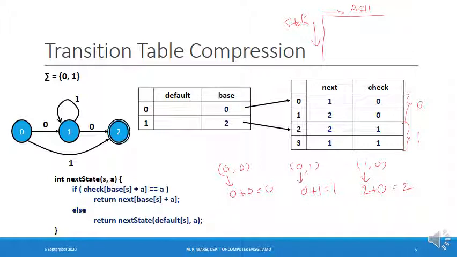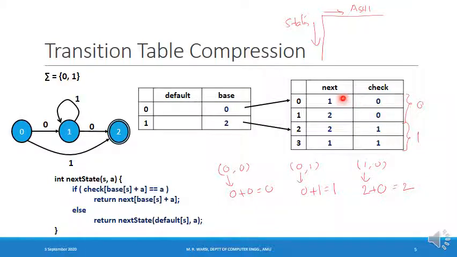So the purpose of the base array is to store the base location for the block which is assigned to a state, and the purpose of the next array is to store the next state for the transition. Let's now understand the purpose of the check array. This determines whether the entry is valid for a state or not.